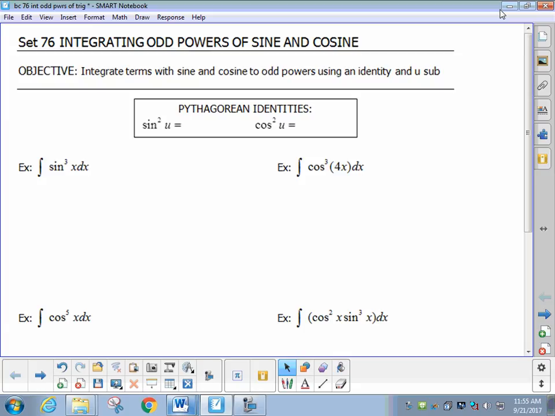Second, there's actually two sides to this. This to me should really be all in one day. It's really not that big a deal, but the book breaks it into two. So I'm going to teach 76 today, which is integrating odd powers of trig. And later on,